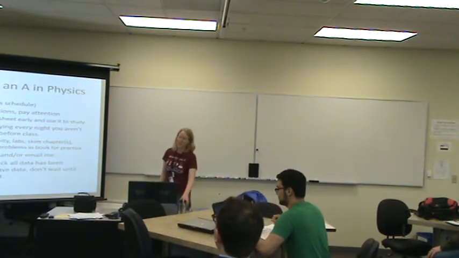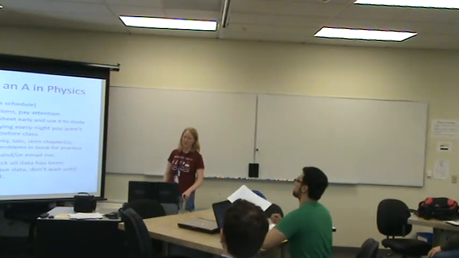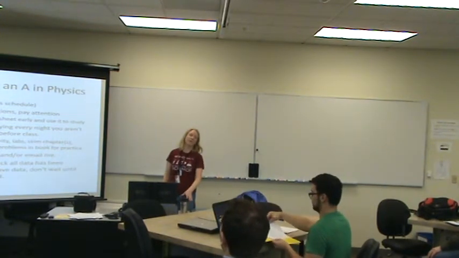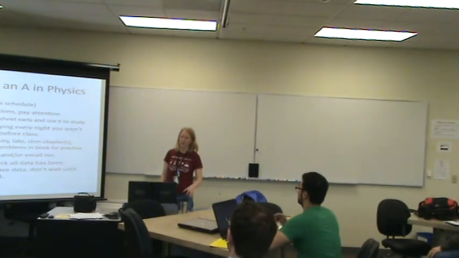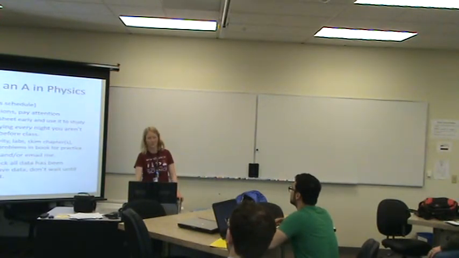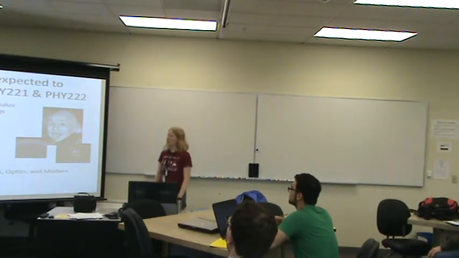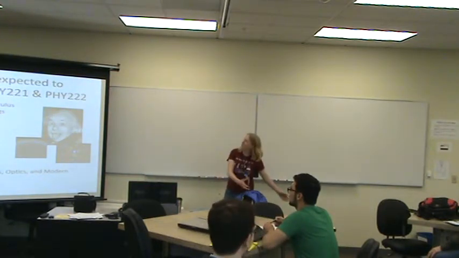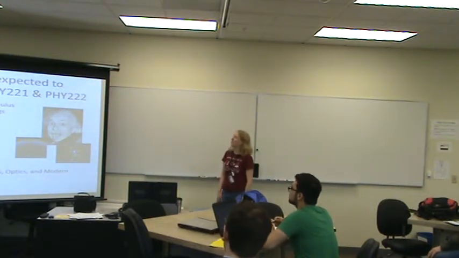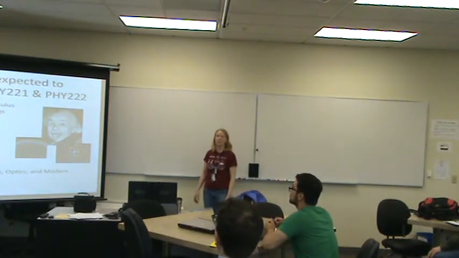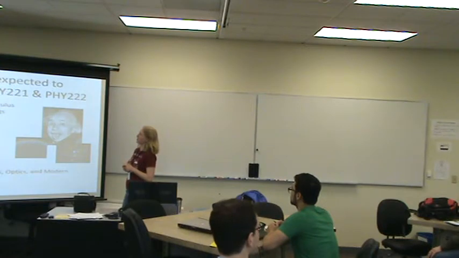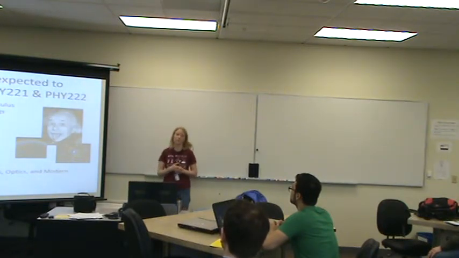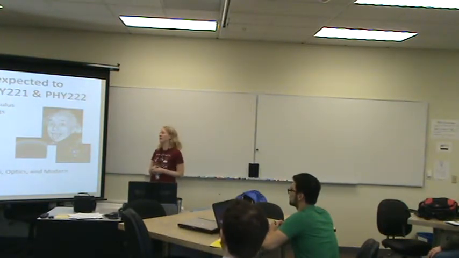Nice. Okay, those of you who've had me have seen this before. So basically this class is a lot of work. And so if you want to get an A, you've got to do a lot of work. That's it. Okay, so what we're going to bring with us from 221 to 222, mostly the math, really. Algebra, trig, calc, units, sig figs, scientific notation, and vectors. Really, that's most of it.